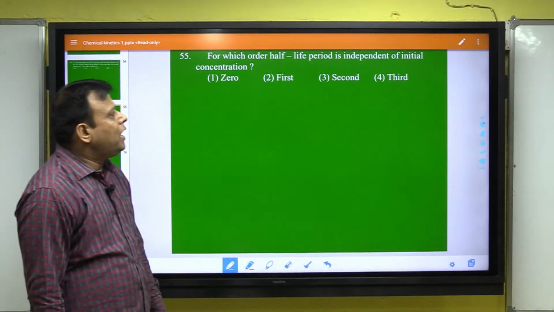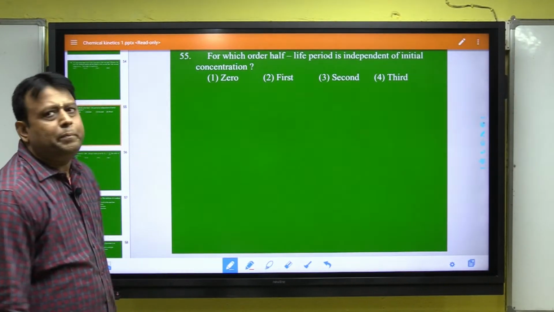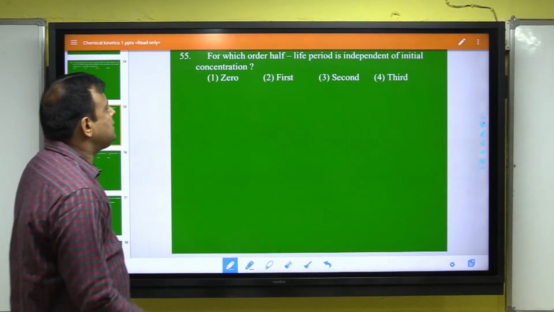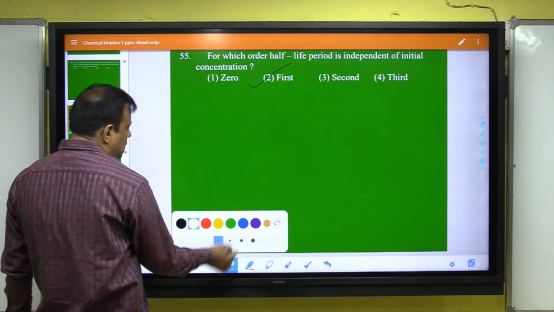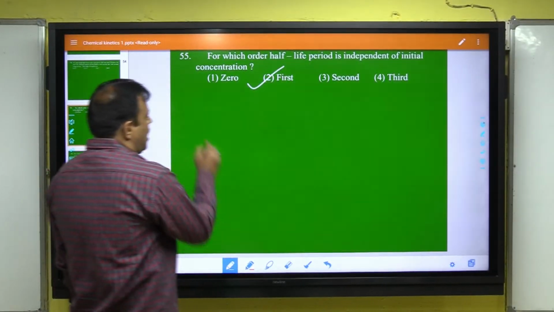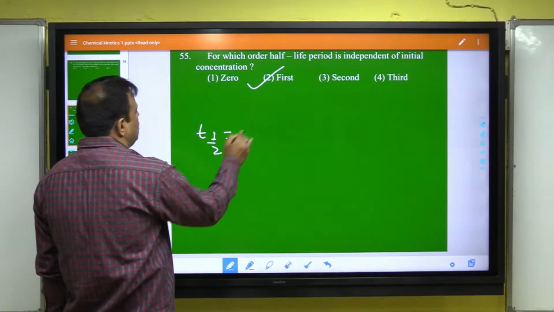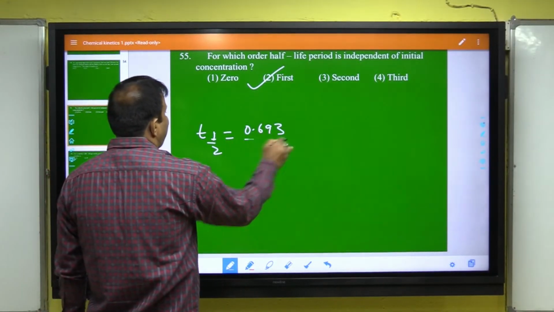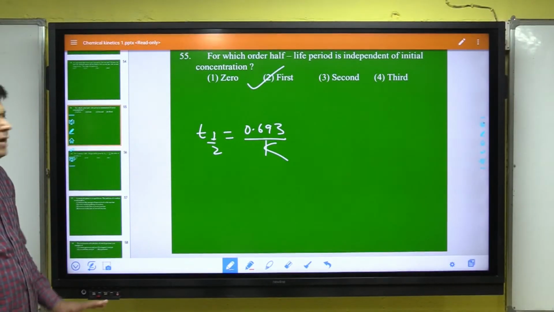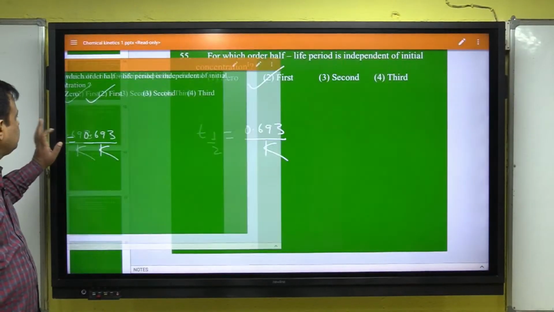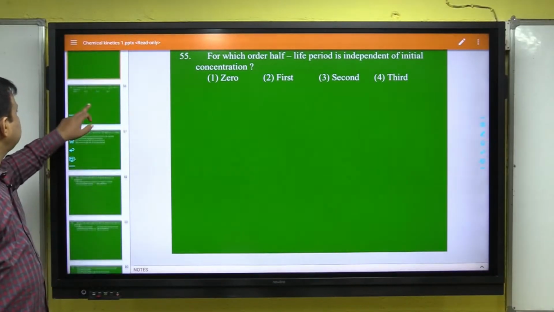For which order half life independent from initial concentration, always first order, always first order, because half life is equal to 0.693/k, independent from initial conc. Very clear? Next 56,